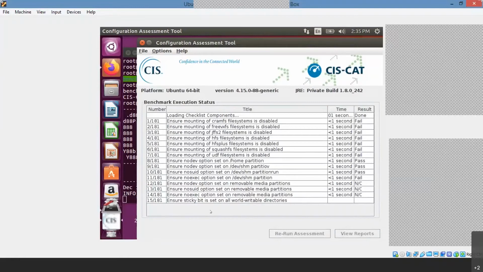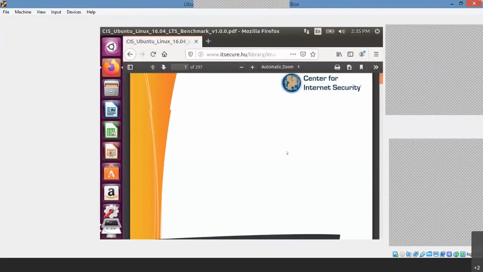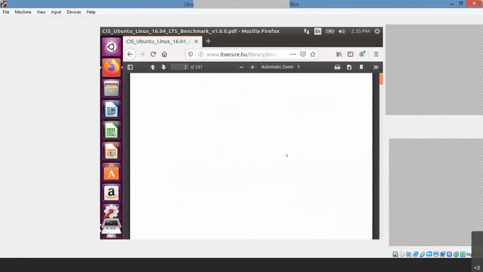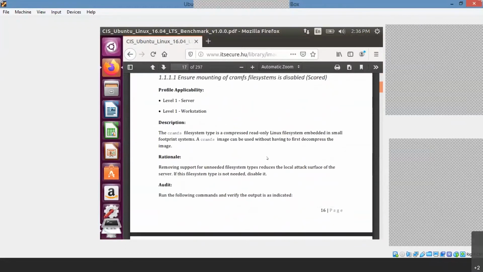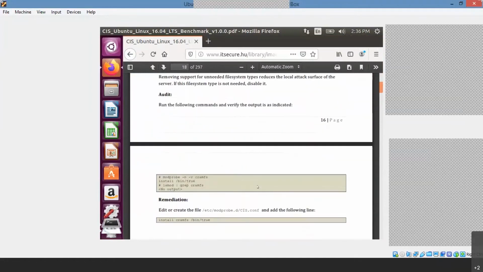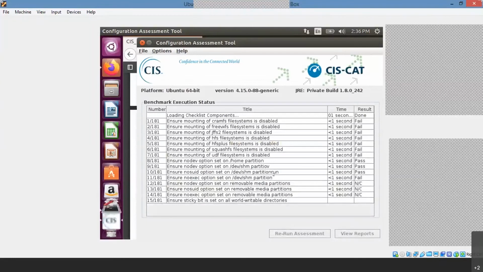So these are some of the things. Meanwhile, we can just minimize it and go to that PDF once. This is one of the PDFs, where we can see what configurations it checks and what things are done if hardening is done. What kind of parameters we have to change, what the impact level is if it is not changed, and how recommendations can be given. Those things are also clearly given. I think it is still taking the assessment, loading checklist components.